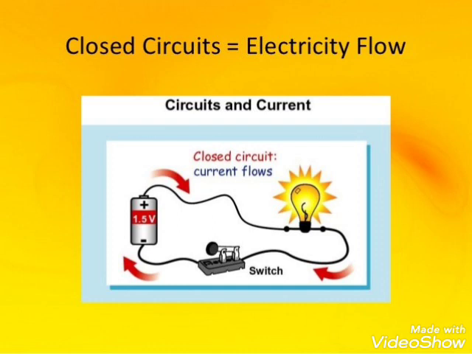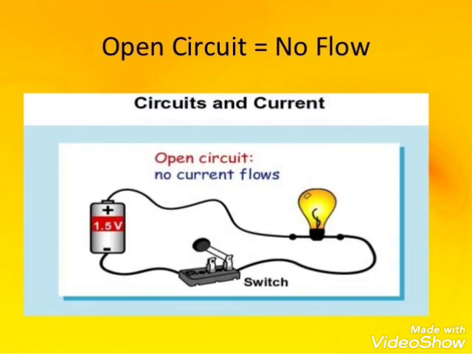Have a look at the diagram. It is a closed circuit. We have switched on and the current starts flowing. All are connected to each other. When we switch it on, the current will start flowing and there will not be any break in between. It is not opened from any side. So current will continuously flow from one part to another. So it is a closed circuit, a complete circuit, and the bulb will glow.